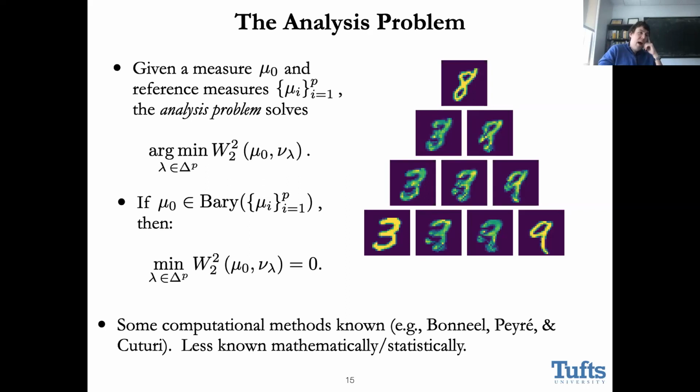If you have something in this barycentric span, can you give me an algorithm to actually find the optimal lambda? We know that there is some lambda for which the Wasserstein distance between my measure and the induced barycenter is 0. This is just a tautology. What we were interested in is: is this lambda unique? Can we have algorithms that actually tell us what to do? What happens if I just get samples from my measures? How can I estimate lambda efficiently?